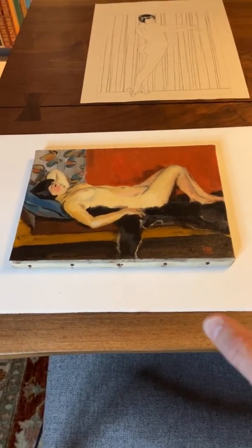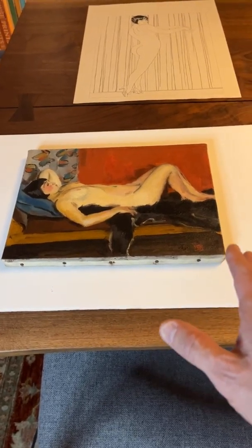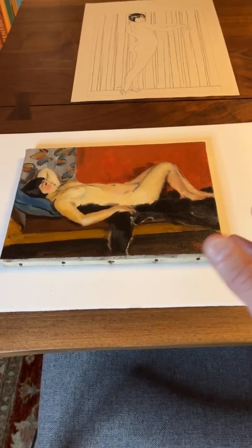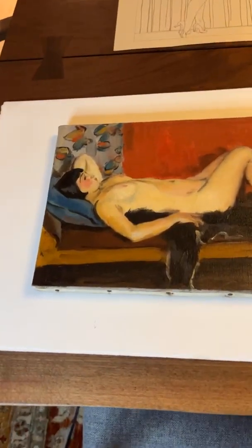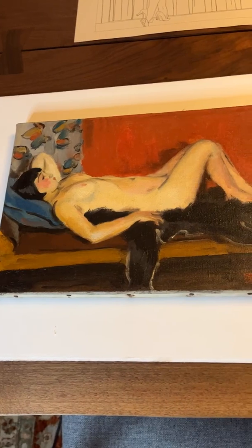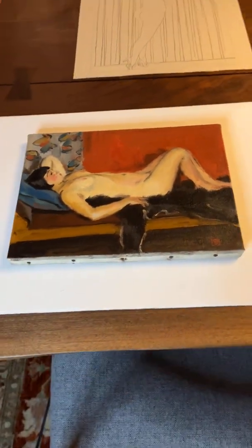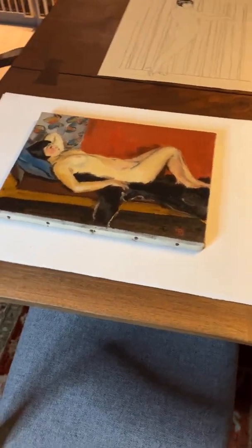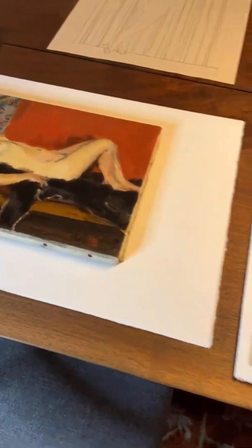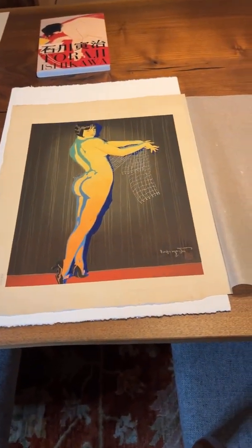In fact, in many cases, like I said, the paintings far surpass the designs that he produced in his woodblock prints. So I'm so delighted to be able to show you this rare painting that has not seen the light of day publicly in probably a generation or two. And so I'm going to move on. We'll come back to the painting in a moment, but I want to move on to two woodblock prints of